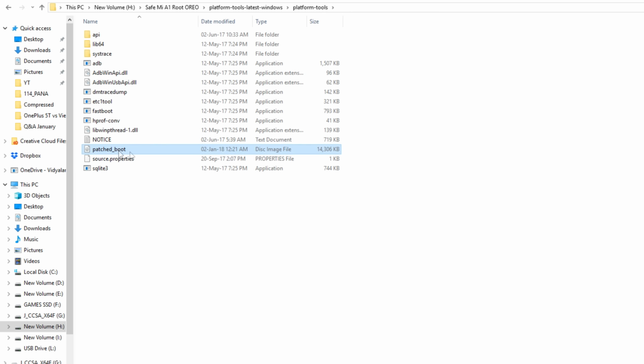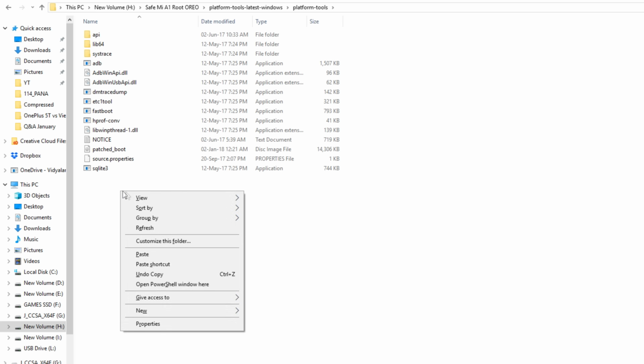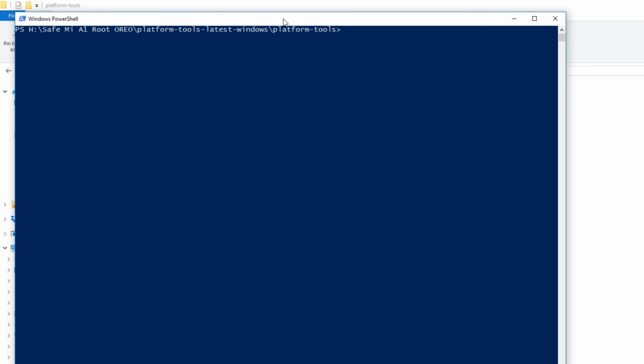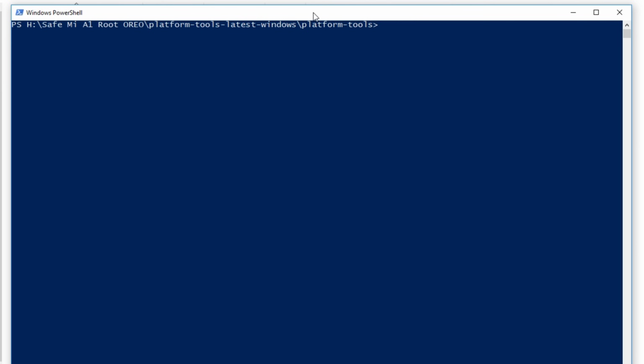Once that's done, we need to open up a command window in this folder only, and to do that, hold the shift button on your keyboard and right click at the same time in any of the empty space in this folder. You will see something like open PowerShell window here, or you may see something like open command window here. Commands which I'm going to give in this particular blue window are going to remain the same even if you open the black command prompt window or blue PowerShell window, so do not worry about that.